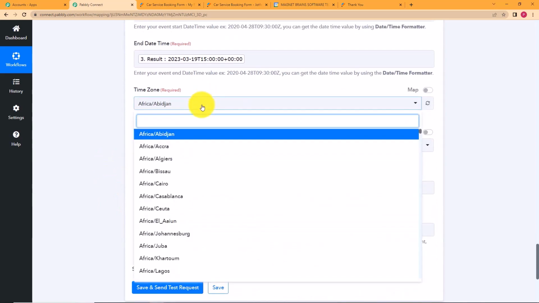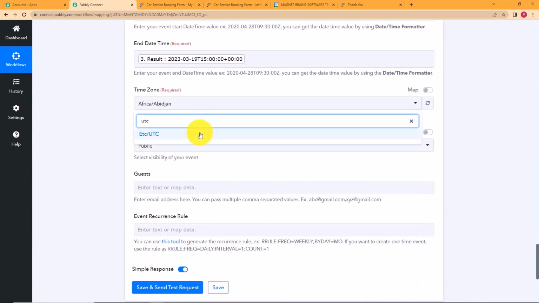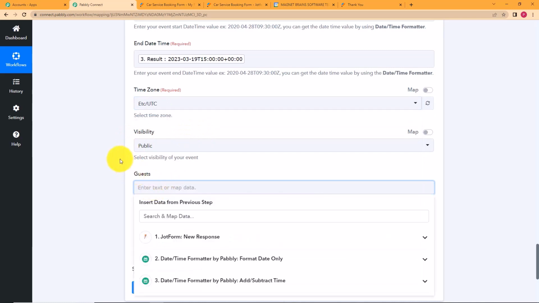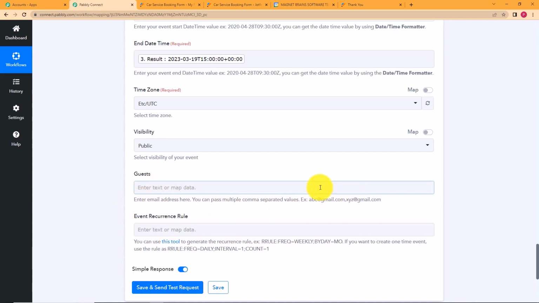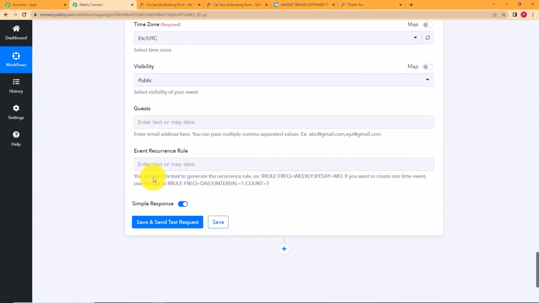Now what is the time zone? The time zone was UTC, so you will just choose that. Any guest that you want to add, but remember in the guest section don't enter any name. You have to enter the email address of that specific person. We did not fill any email address, so you can leave this field empty and no other thing is required